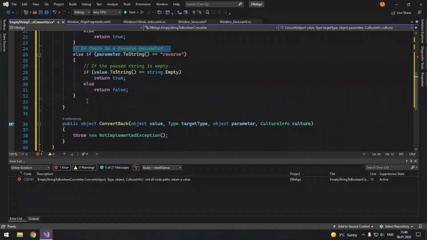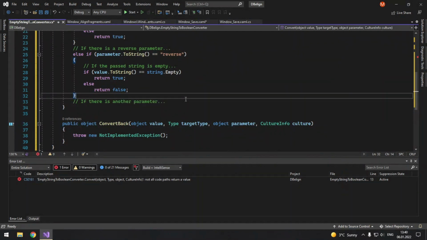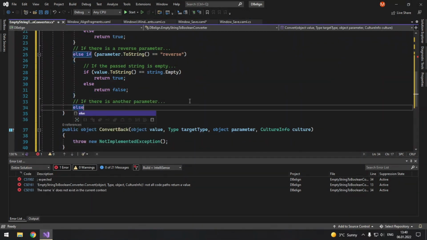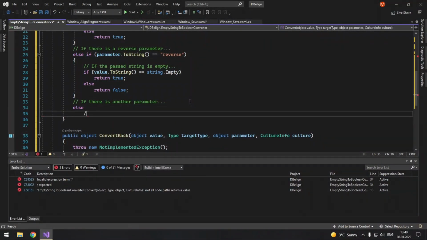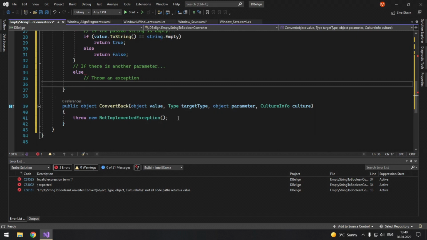And if we pass some different parameter, if there is another parameter, we will throw an exception, I guess. So throw new NotImplementedException.